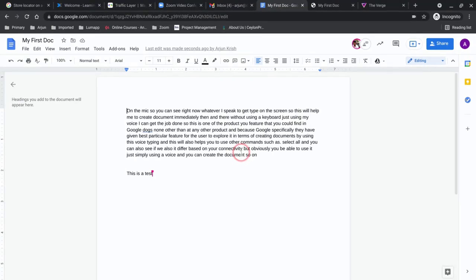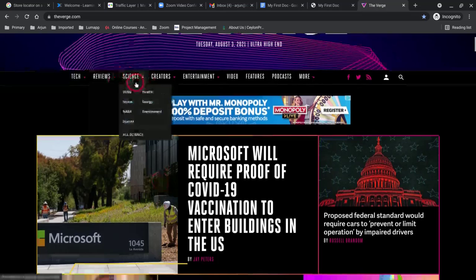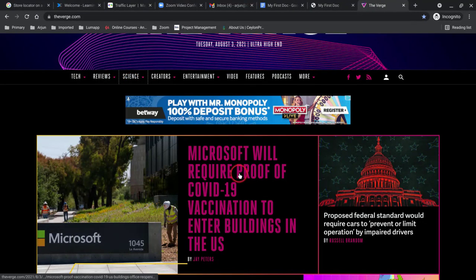And also, let me say I have a scenario where I would create a document. It could be a letter concerning your client, to whom you want to send certain notices. There are people who have preferences in terms of languages. So there are a set of people who would like to get the notices in Sinhala. Okay, so let's say I'm going to pick an article from a website. Let me just directly go to an article over here,